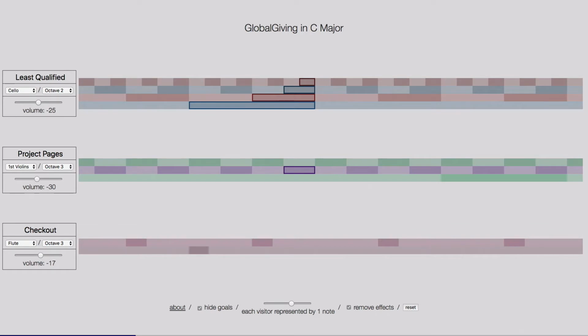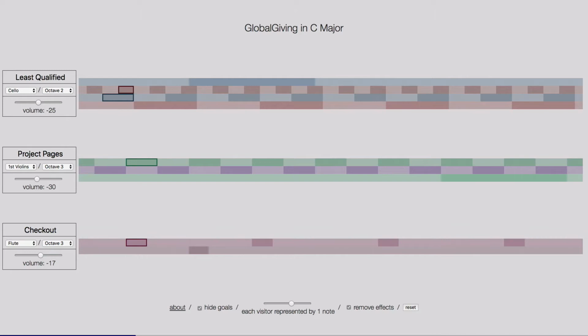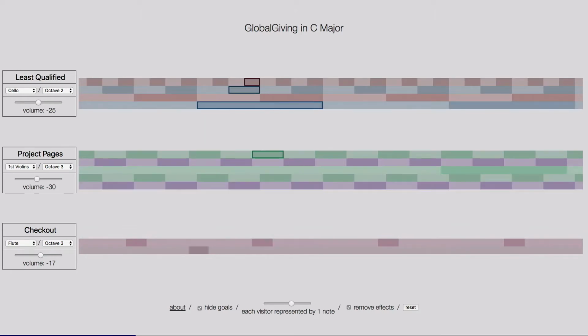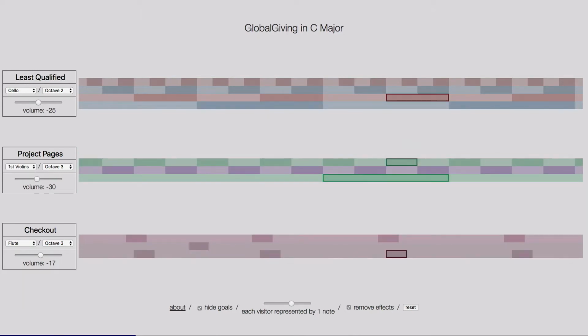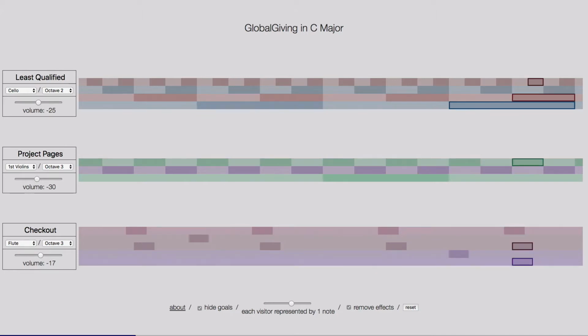I've grouped the data into three groups depending on the Google Analytics goals that those users are meeting. Anything you can measure in Google Analytics, you can set a goal for. I've set this up to measure the flow that's most important to me. But all of this stuff is abstract, and in a few minutes, anybody could plug in their Google Analytics credentials and listen to the live traffic on their site.